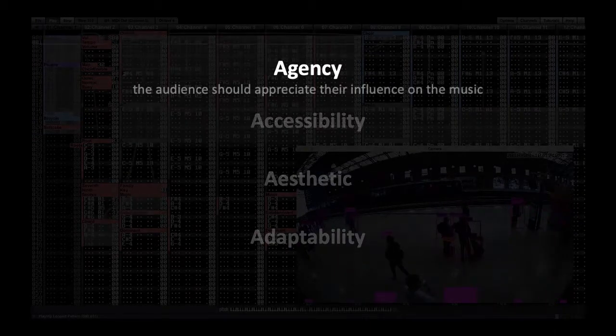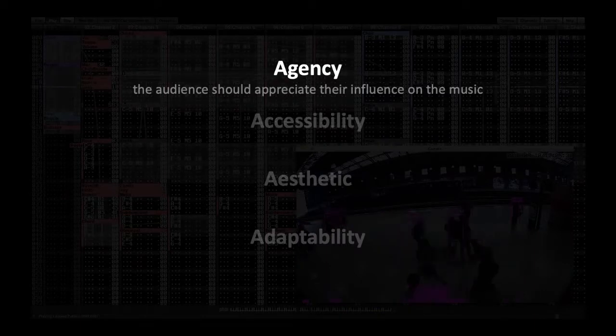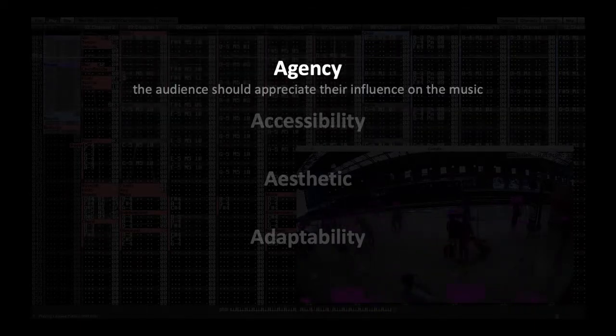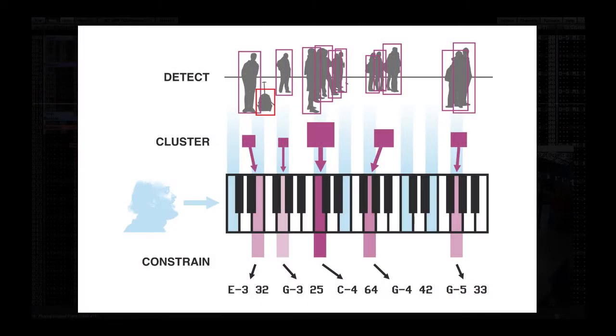In agency, the crowd should be able to appreciate their influence on the music, either as individuals or part of a group. Ideal mappings should be robust enough to give individuals a sense of control even during busy and crowded periods. The paper specifically introduces a clustering and mapping technique dubbed chaotic counterpoint, developed to balance the musical influence of crowd members and groups during periods of relative calm and chaos, while also reducing the entropy of busy crowds to